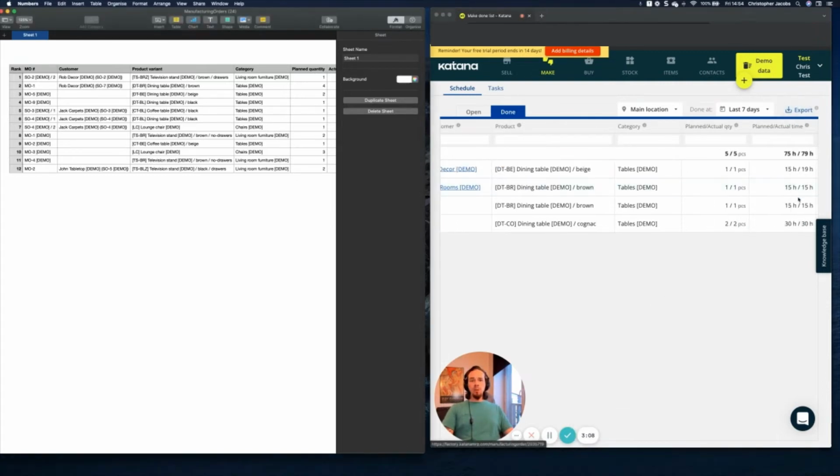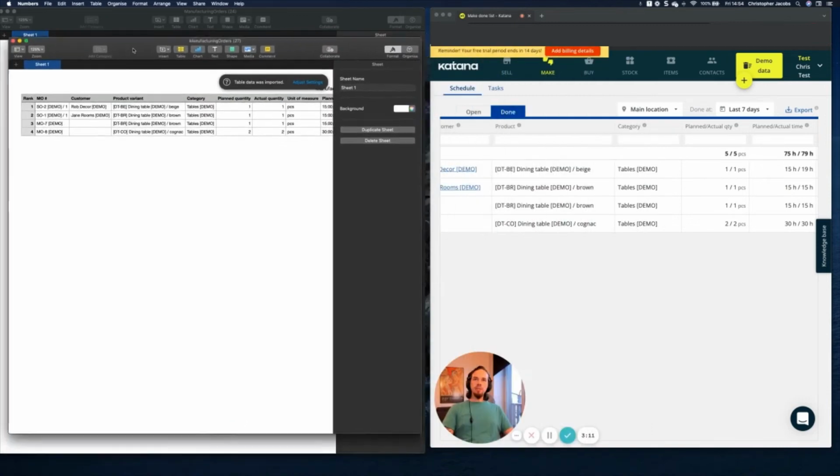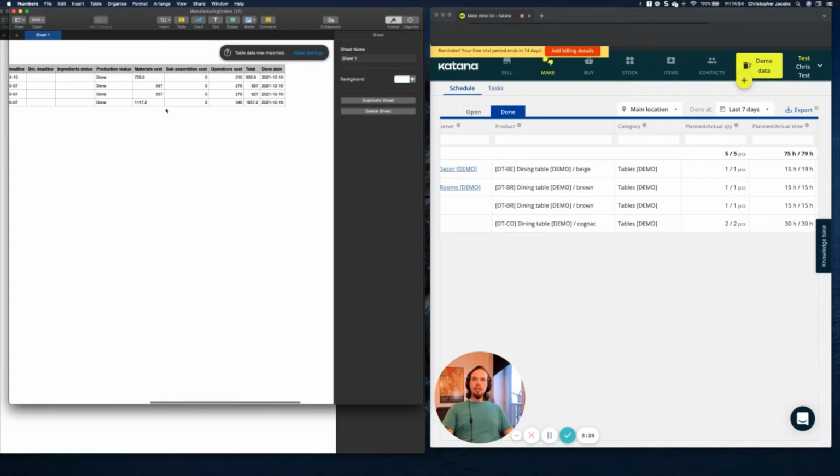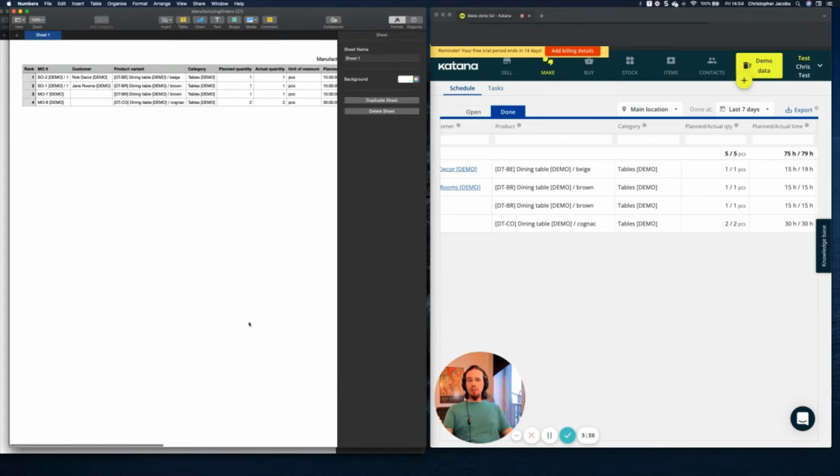If we export our completed orders, the information that becomes available here is handy in the sense that it reports mostly all of the actual times that it took to make your products, and also the total material, subassembly, and operations cost, which you can then do some reporting against. For example, maybe you want to look at all of the manufacturing orders that were done in the last 3 months, and then take a look at how much each product that was made of one specific SKU type actually